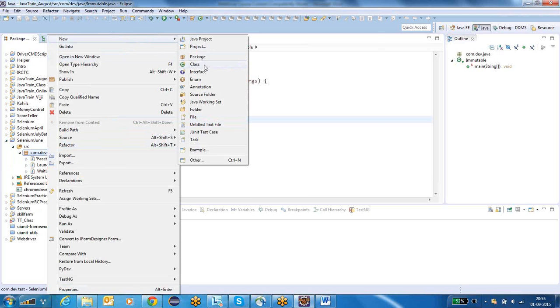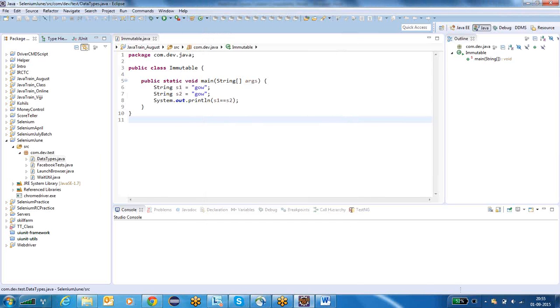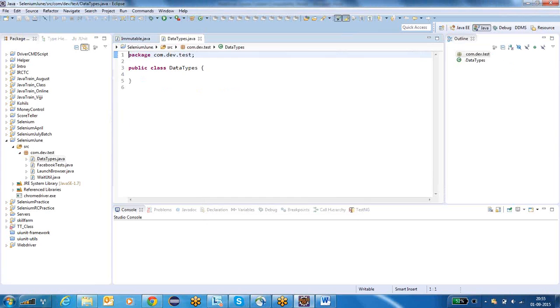So okay, I will tell you what kind of data types there are in Java. Before we discuss data types, I showed you how to create a project,